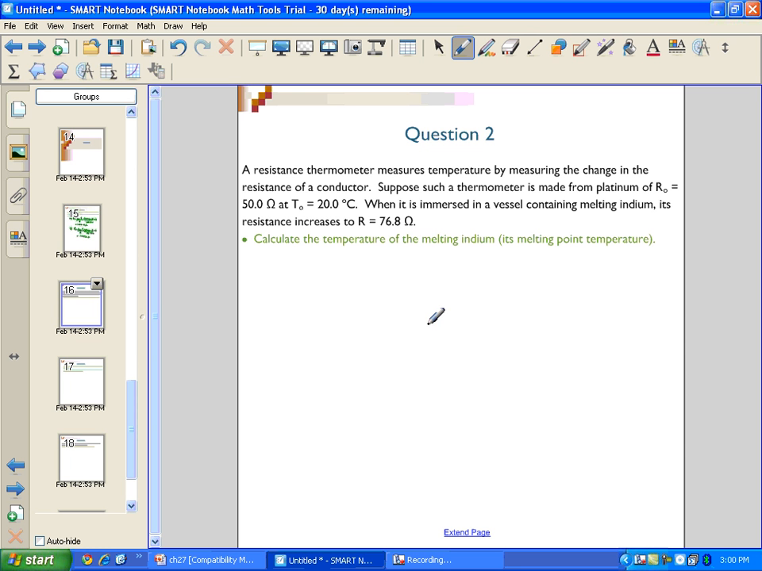And so we're asked to determine the temperature of the melting indium, which is, of course, the temperature for which the platinum in our resistance thermometer goes up to a value of 76.8 ohms. Well, one thing that we need is to know what alpha, the temperature coefficient, is for platinum. And when we look it up in the table, we see that it's 3.92 e to the minus 3,